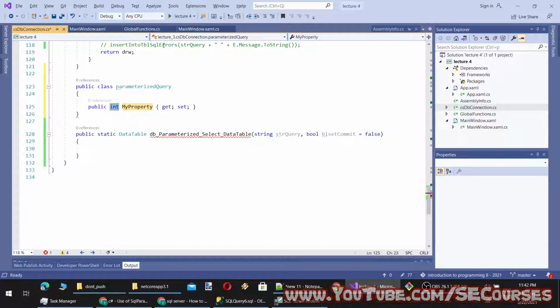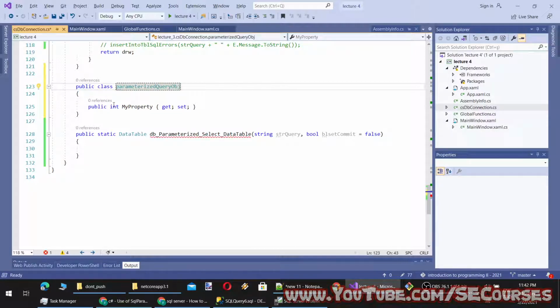What kind of properties are we going to need, or what are we going to hold? We will have the parameter name, the parameter database type, and the parameter value. So we will have 3 objects. Let's call this the parameterized query object.